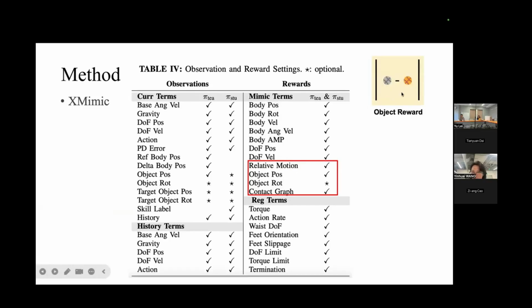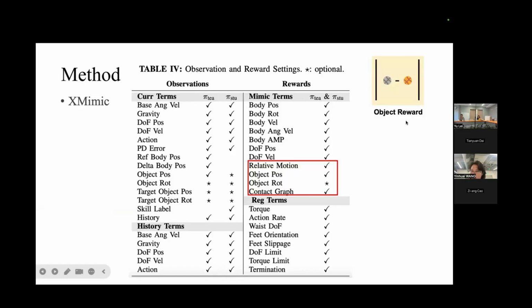The first is the object reward, which requires the simulated object status to resemble that of the reference, including the object position, or optionally the object rotation.